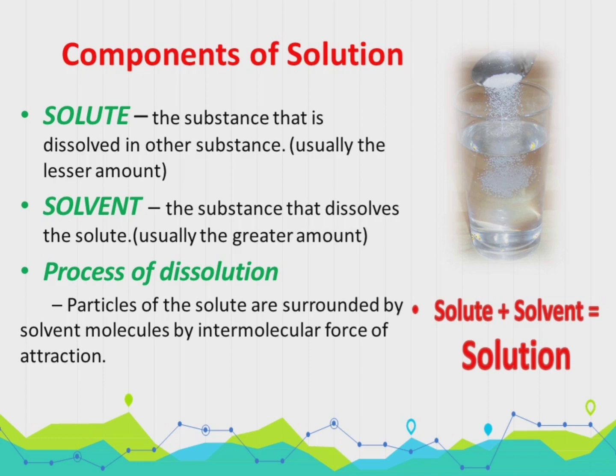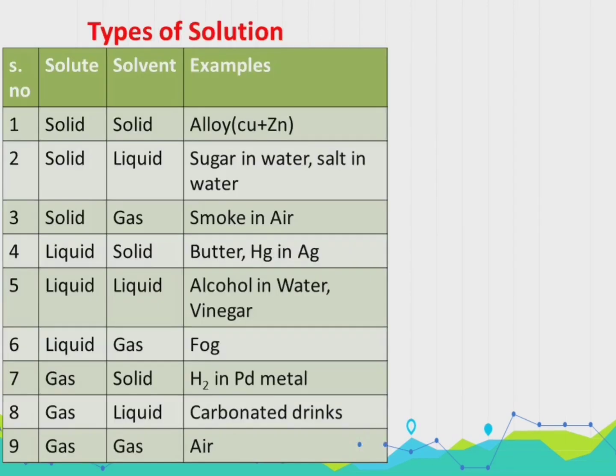Here we have another example of solution, that if we dissolve salt in a glass of water, then it will make a solution of salt water. So we can say that salt, as it is present in less amount, is the solute, and water, which is present in larger amount, will be the solvent. So both are making the solution. Other than these two common examples of solution, sugar water and salt water, think of some other kinds of solution, that what combination of substances can form solution.